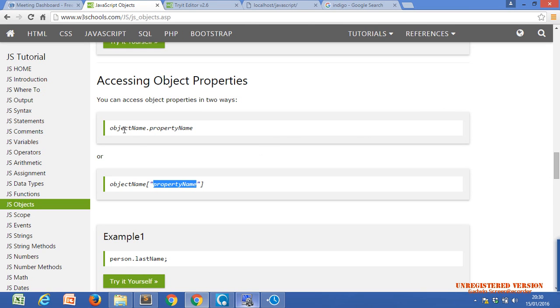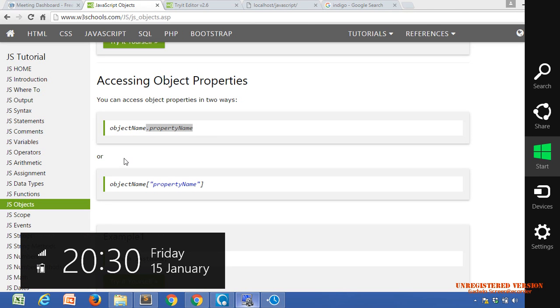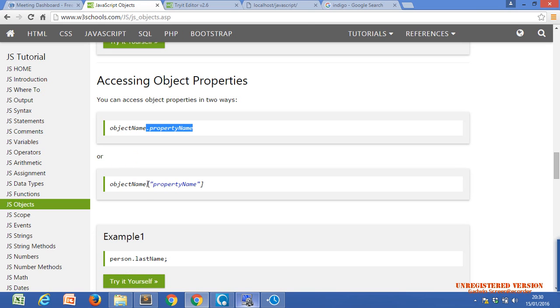So this is accessing object properties. You can access an object property in two ways. First is object name dot property name, or second is object name, big brackets, double quotes, property name. Both are used for the same purpose.